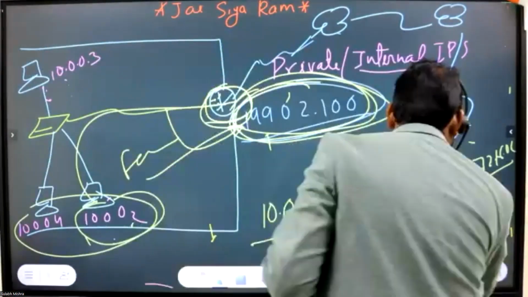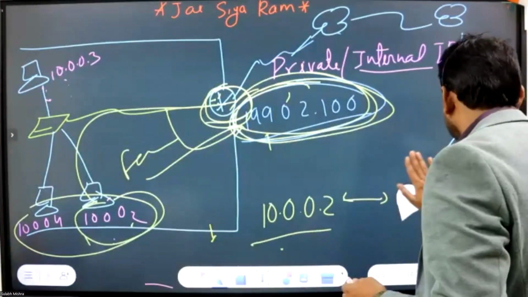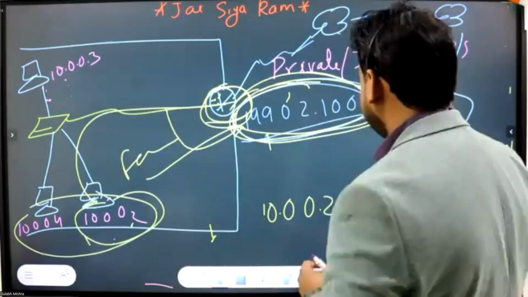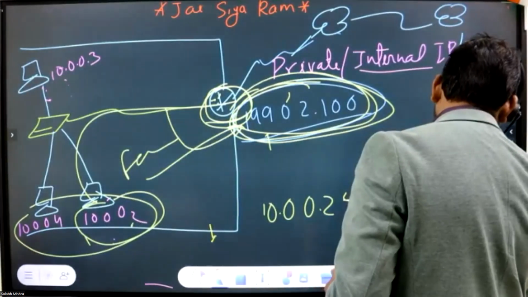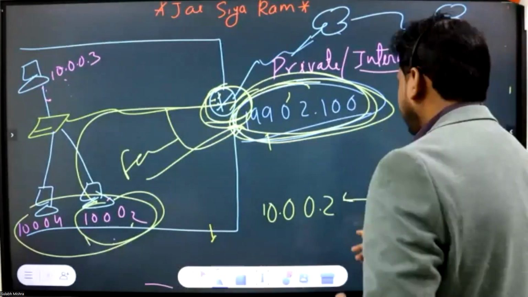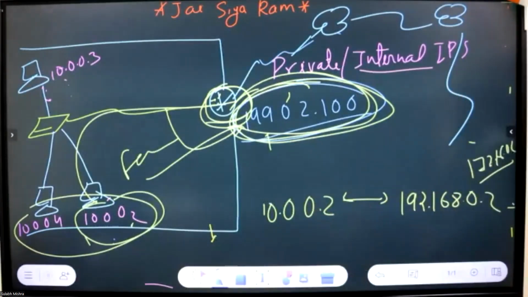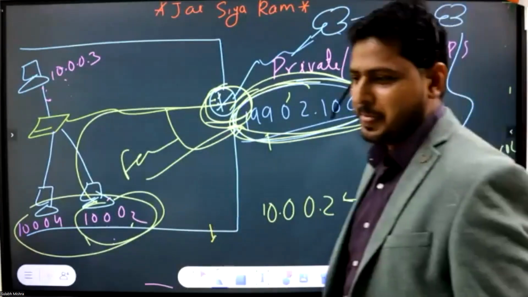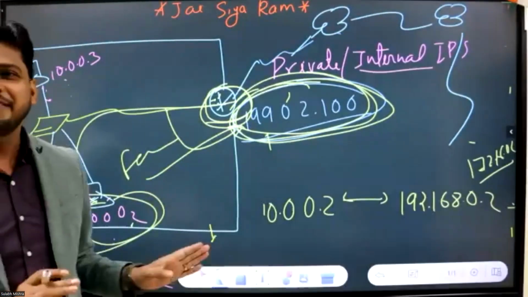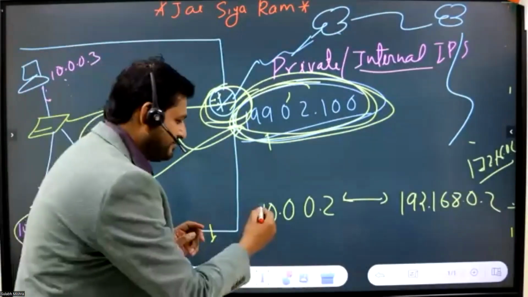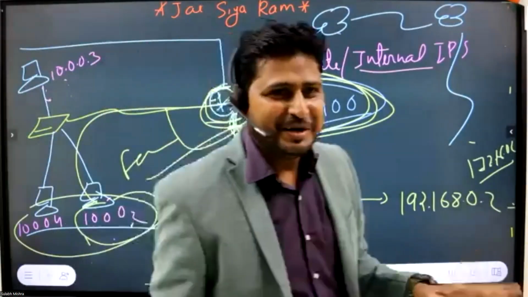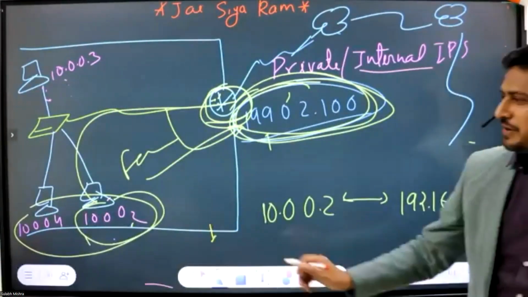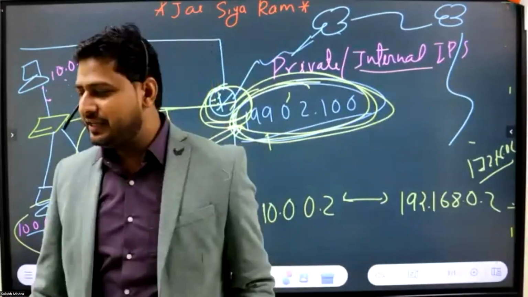If you see this communication, what is the source IP? This one, and destination is this one. What do you mean by this? Inside to inside. Internal communication. Because both are internal IPs, maybe one computer has a 10-dot range of IP and another computer has